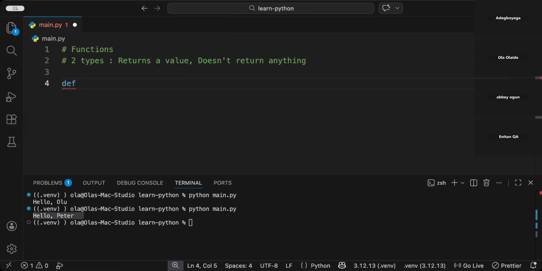I'm going to generate a password. So we don't take any value, then we can return maybe